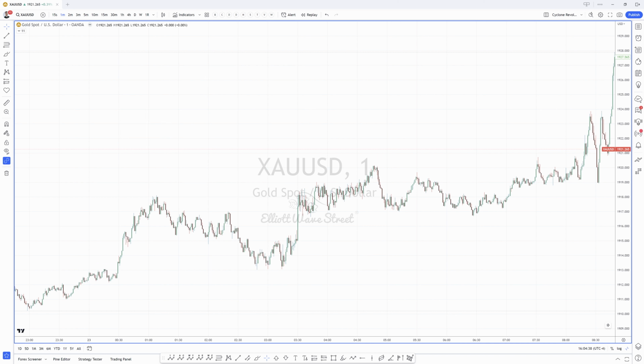This is gold, and these techniques can be applied on any time frame and any market. You can trade individual stocks, you can trade Forex, you can trade futures, anything that you like to trade. The same techniques are going to apply on any market. So randomly I picked gold, and this is going to be the instrument that we're going to use for some exercises during this class. Let's start with something basic.